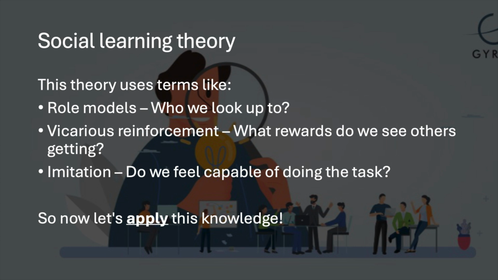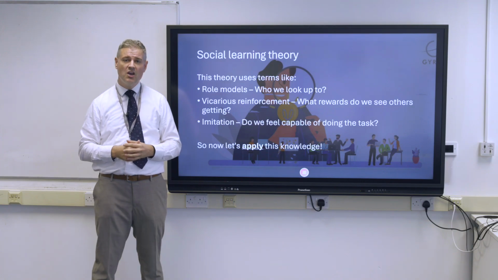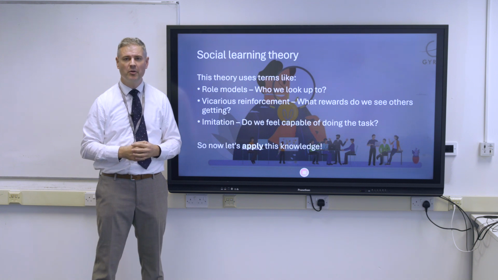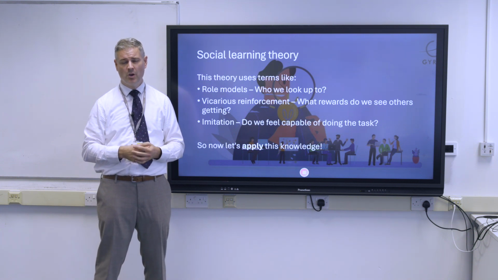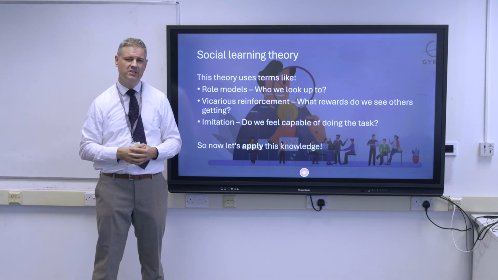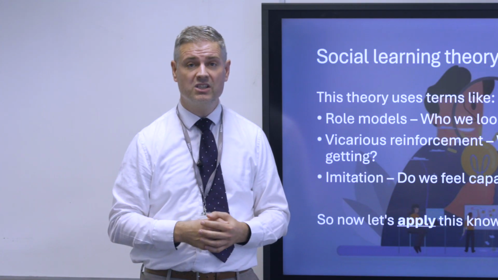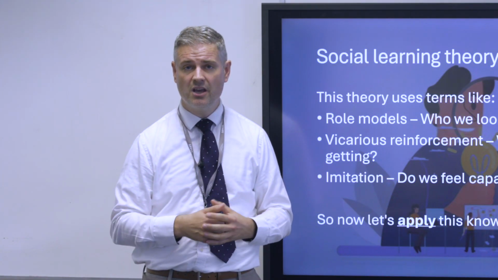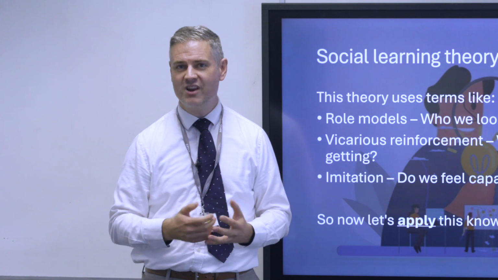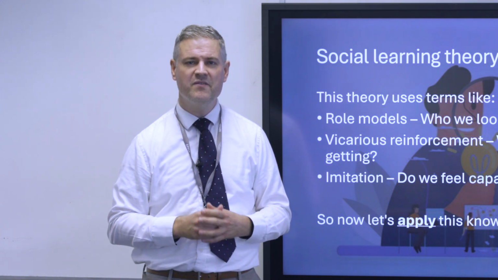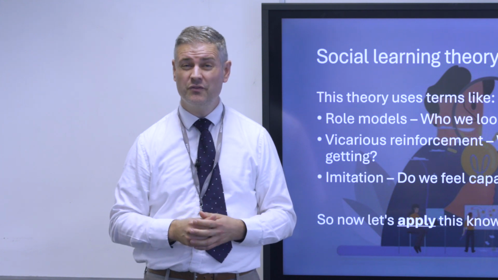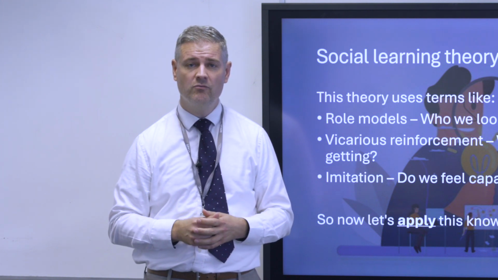You might not have heard of social learning theory before, but you've probably heard of role models. Role models is a term that's used quite often, and so you probably are quite familiar with it. And so what we suggest with role models is it's often people we look up to or people that we see as similar to us in some way. So it could be because of the same age or same gender. Often, if we think of celebrities, we like to mimic or copy celebrities because there's something about them that you relate to. And so that's often what we're referring to when we talk about role models.